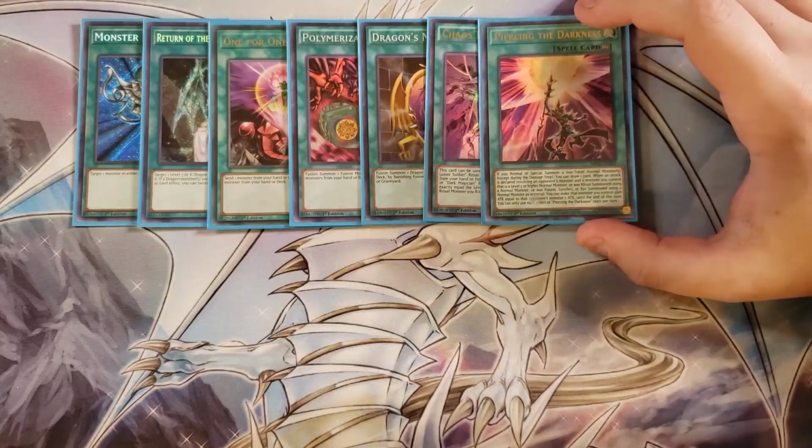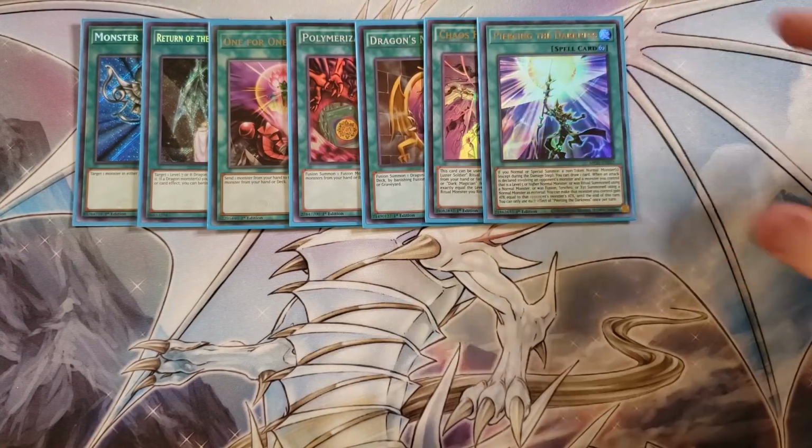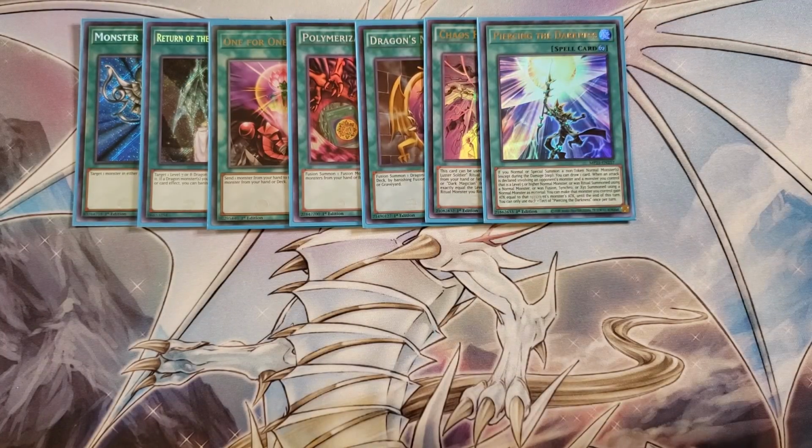We're then playing a single copy of the new Piercing the Darkness. Now this card is a great OTK piece and also lets you draw cards. Because if you normal or special summon a non-token normal monster, except during the damage step, you can draw a card. And when an attack is declared involving an opponent's monster and a monster you control that is a level 5 or higher normal monster, or was ritual, fusion, synchro, or xyz summoned using a normal monster as a material,